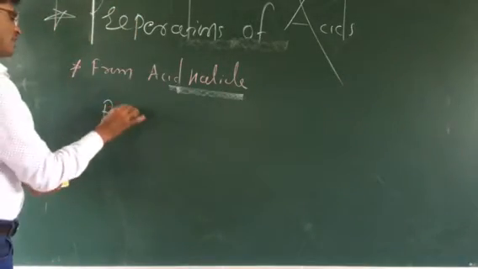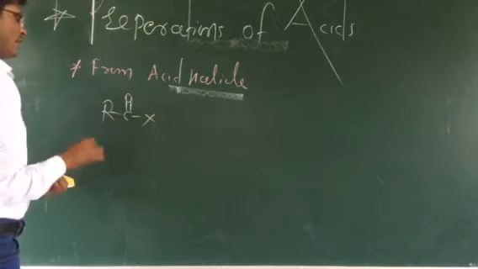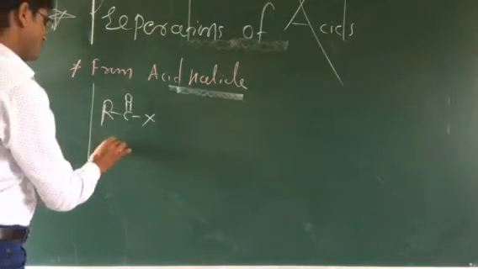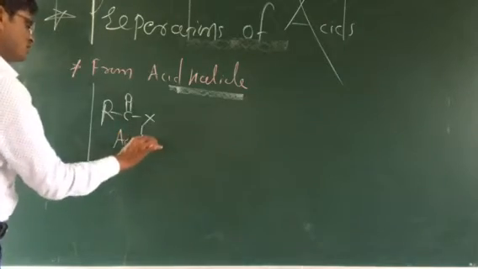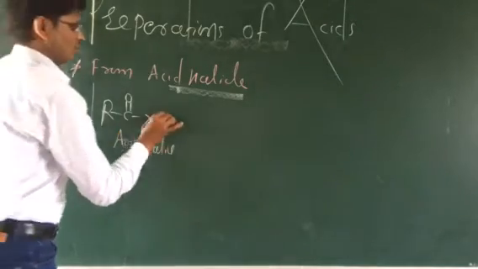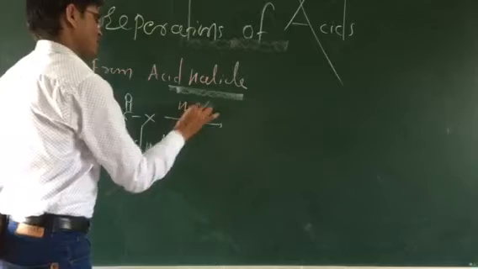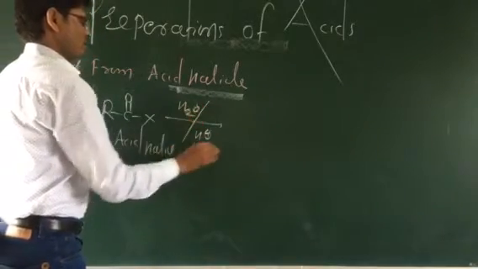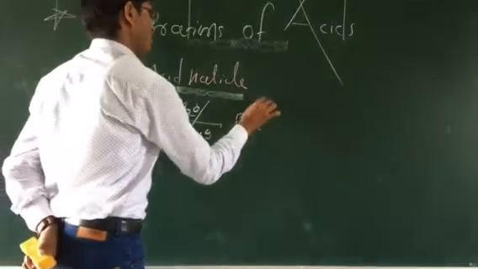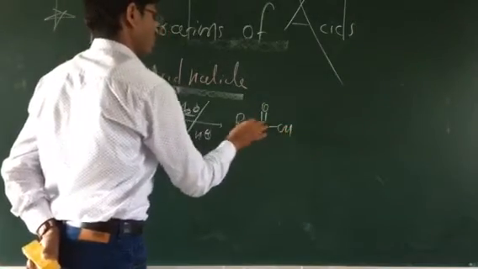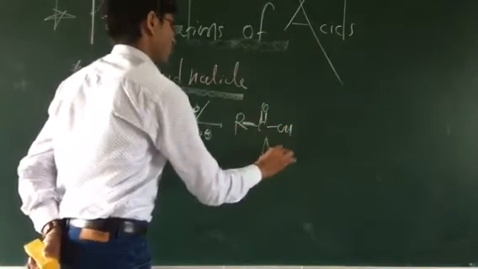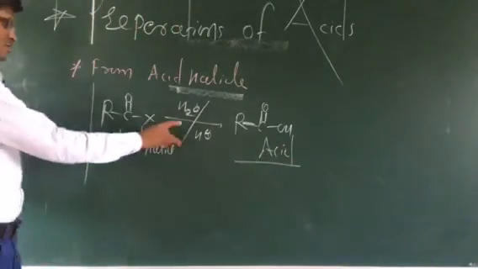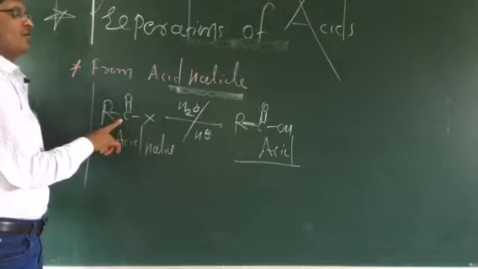If we have the starting reactant RCOX, an acid halide, the general reaction is that this acid halide is treated with water, which is a hydrolysis in acidic condition. Hydrolysis in acidic condition gives the formation of RCOOH, the preparation of acid, or you can say a carboxylic acid. Simple hydrolysis in acidic condition starting from the acid halide.